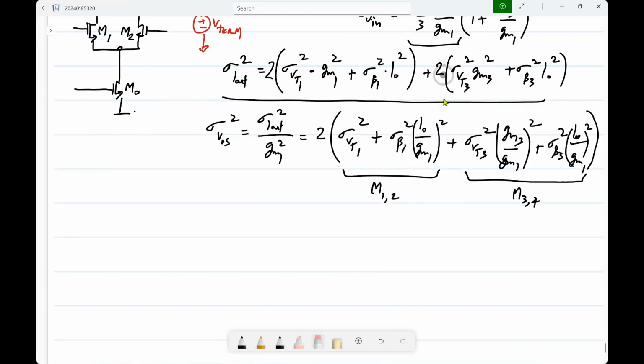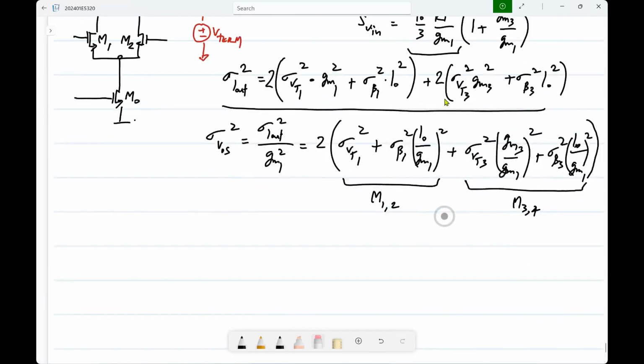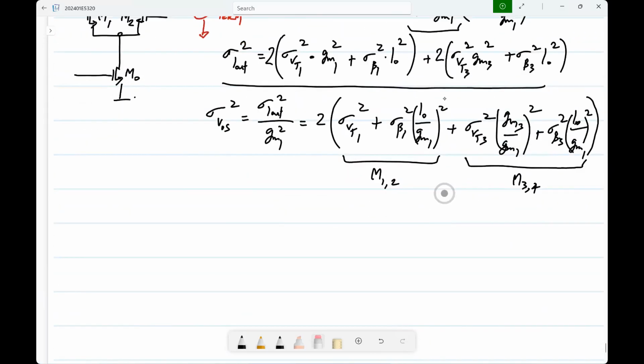So I won't discuss this part in detail, but I think I had one of the assignment problems also. So let's say this 100 times increase in size is infeasible. Is there some way of reducing the offset without it? Think back to some assignment problem. So basically what in general offset means that